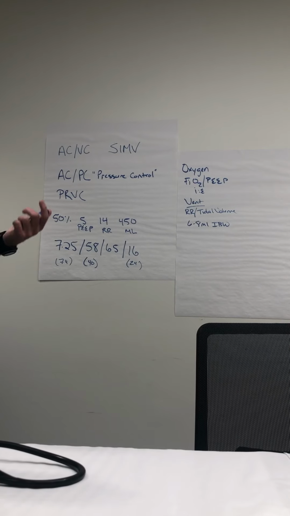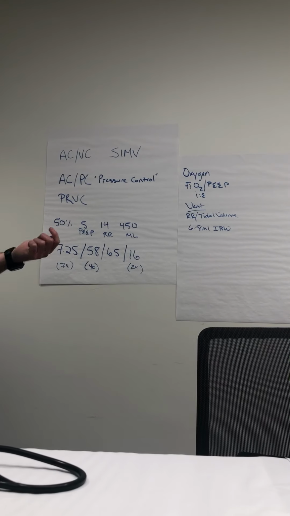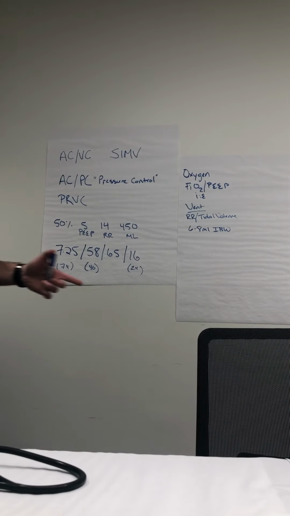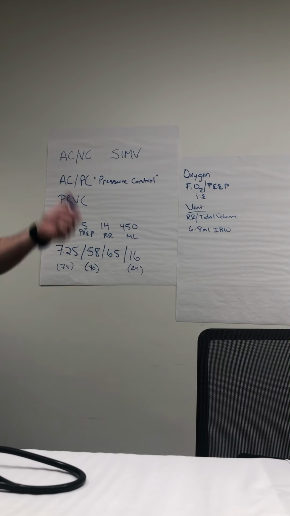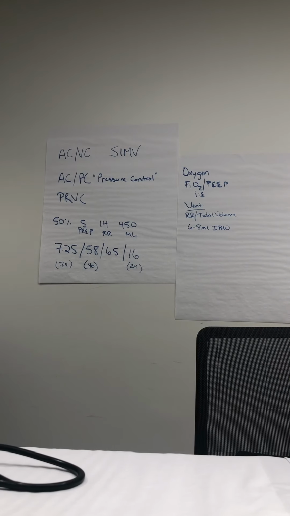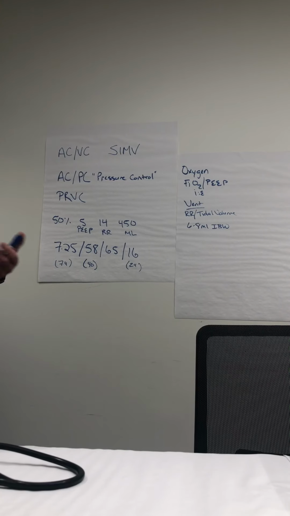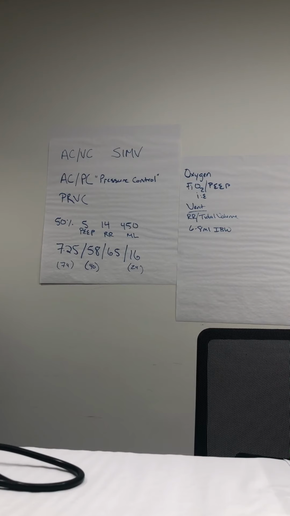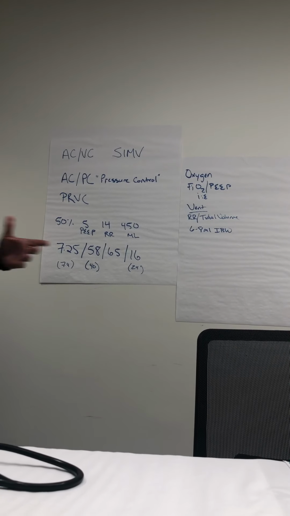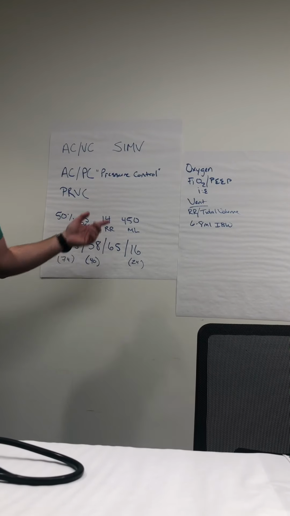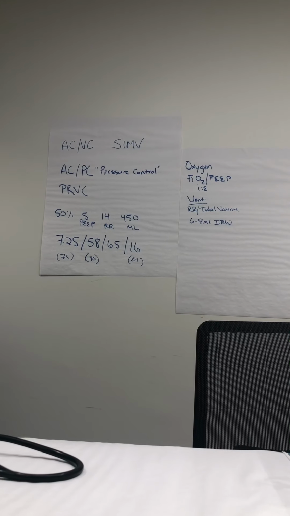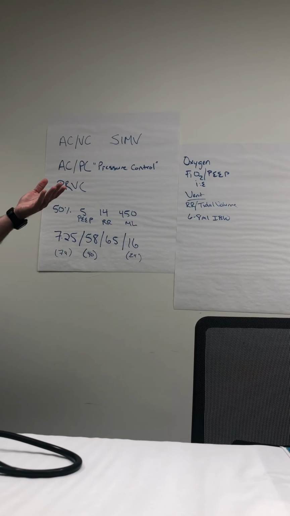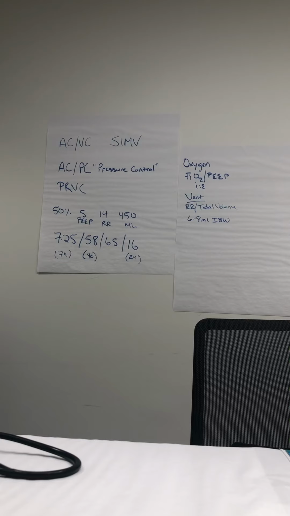Some of the older respiratory therapists, I'll come in and I'll see a blood gas and somebody will be on 60%, and then they'll get this blood gas and the respiratory therapist has bumped them up to 70%. It didn't hurt the patient, it just wasn't really needed. The other issue is, if you're hypoxic, so say this is 52 or something and you need to get that oxygen up, and you're already on 80% FiO2, then that's when you start going up on the PEEP. And the PEEP is basically